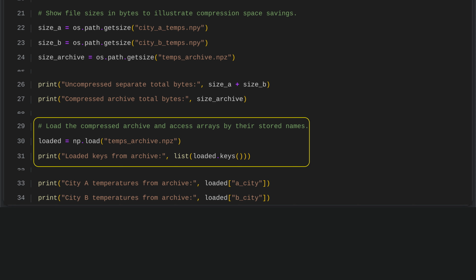We begin by loading the compressed archive file with a NumPy loading function, which gives us an object that works like a dictionary of stored arrays. Each array in this archive can then be accessed using the name it was originally saved with. To check what data is available, we print the list of keys from the loaded archive. This confirms that the data has been loaded correctly and shows us the names we can use to retrieve each